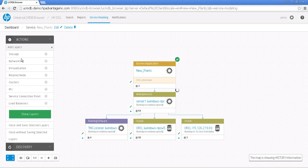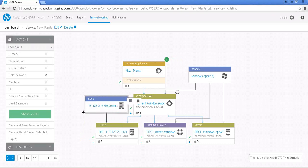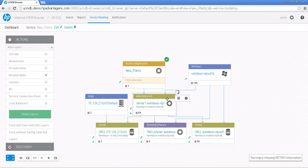You have pre-built layers. You could use them to drill down into specific areas of your application topology. For example, if I want to look at the OS nodes that are being consumed or are part of this particular application, I select that and click on Show Layers. That populates the connected nodes, the nodes actually being used by the application. So straight away, I get a result that this is the Windows node that is part of that application. It's running this WebSphere application server on it, and that also has a direct relationship with some of the Oracle